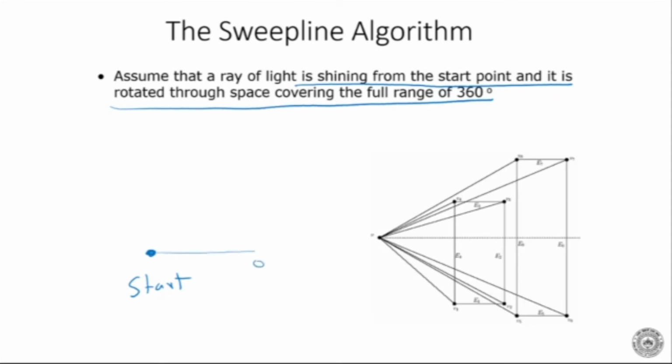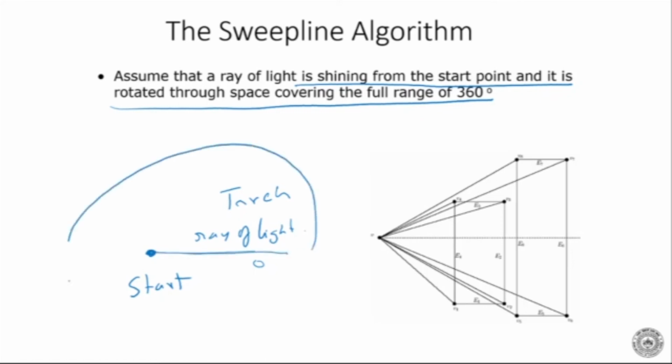So let's say this is my 0 and this is a ray of light. You can consider this to be a torch. Suppose you're shining a torch, and this ray of light is rotated a full 360 degrees. Now, what is it that you'll see? As you start off from 0 degrees, you will first hit this obstacle. Then as it is moving up, what will happen is you'll see,